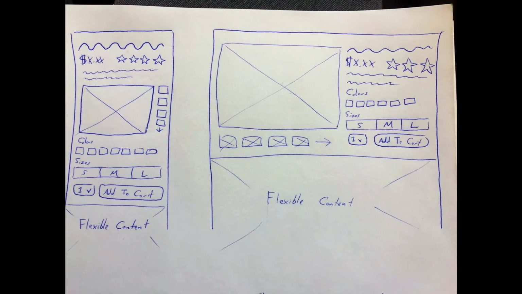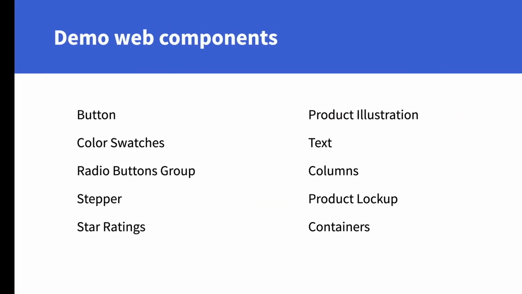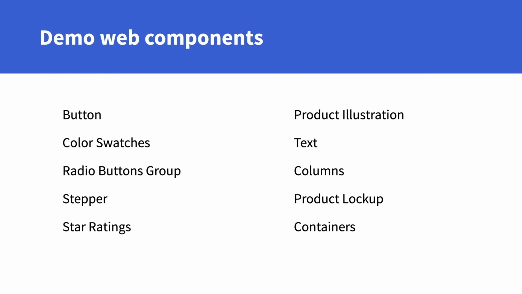So first we had to decide what we were going to build. We came up with this idea of doing an e-commerce site. Paul did some quick sketches of, basically, an e-commerce interface. We wanted something a little bit more complex than a blog, but also something where there would be some freedom to change the layout, but there would also be some functionality. And out of that, we created a list of demo web components that we needed to create.